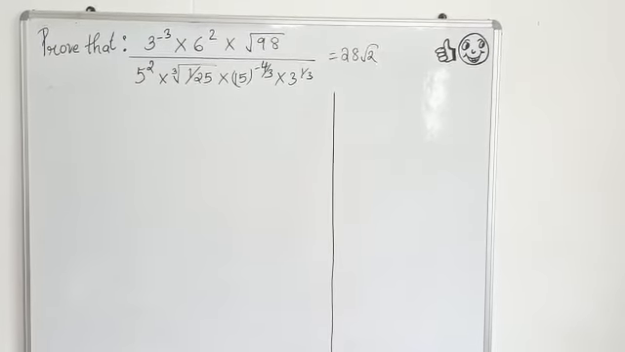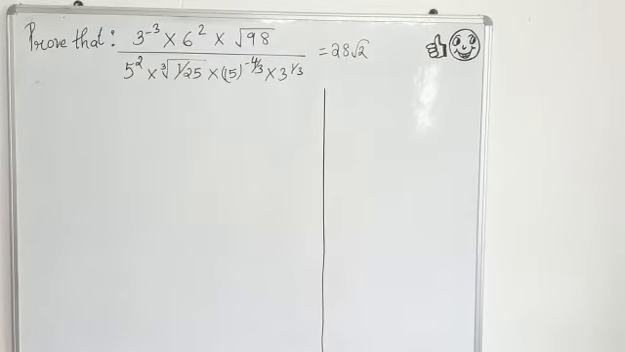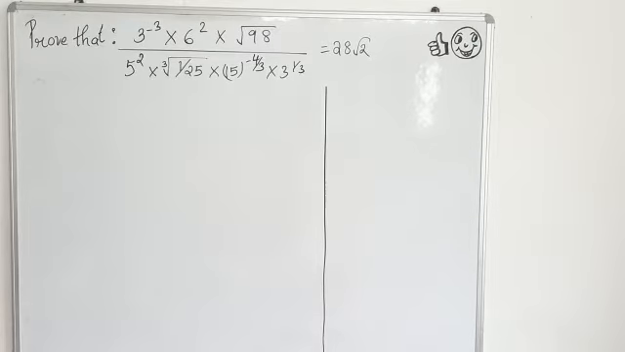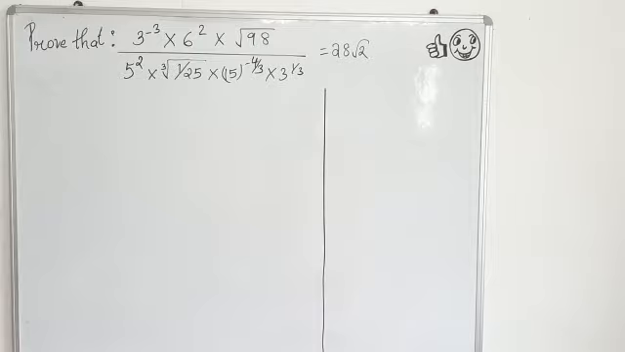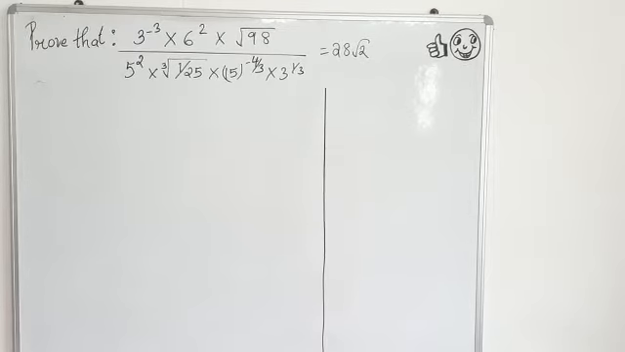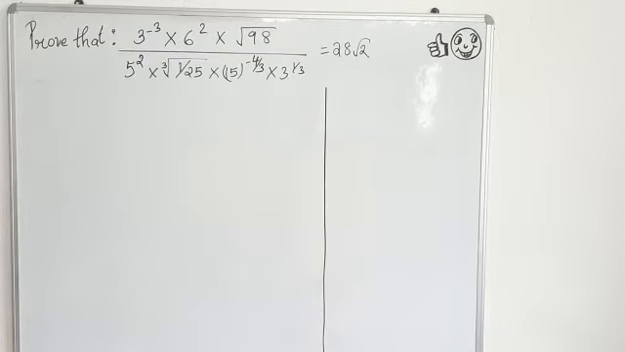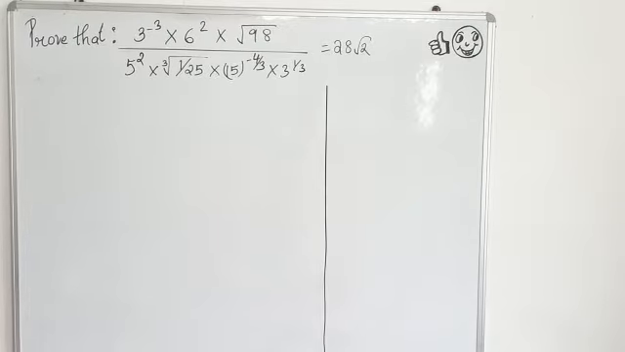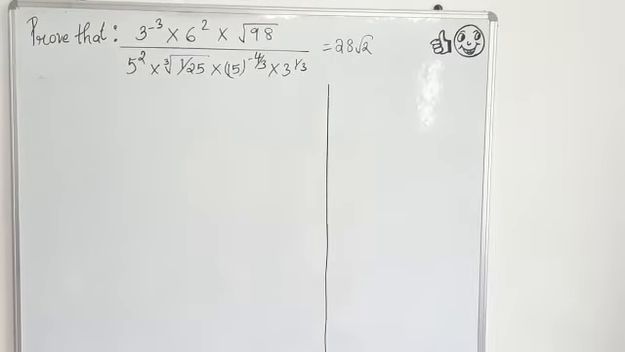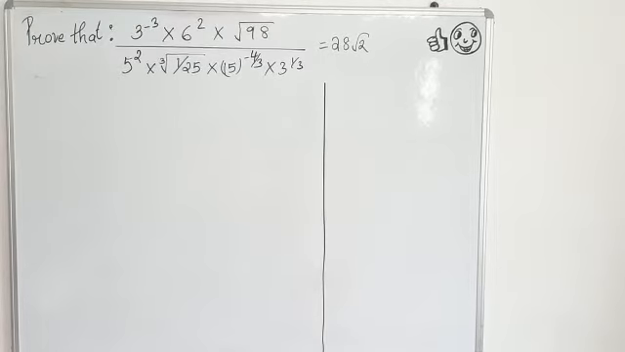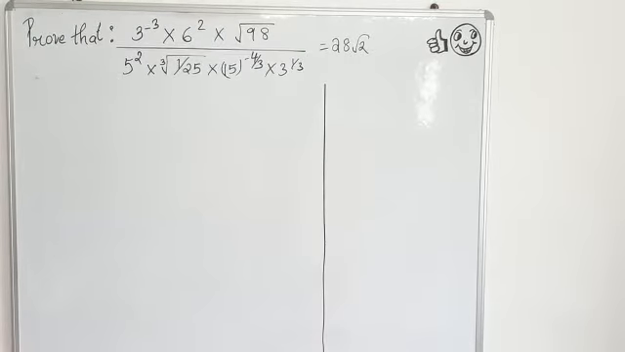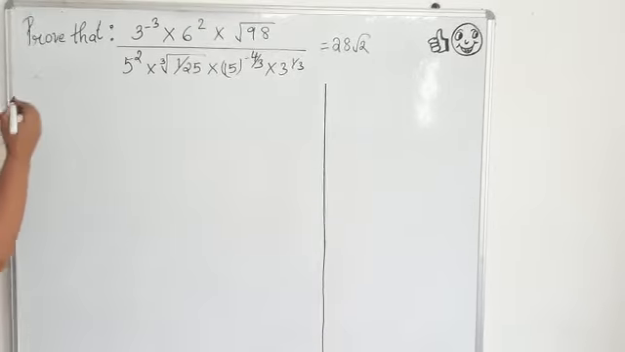Good morning students. So the question is: prove that 3 to the power minus 3 into 6 square into root over 98 divided by 5 square into cube root of 1 by 25 into 15 power minus 4 by 3 into 3 power 1 by 3 equals 28 root 2. So we have to prove LHS equal to RHS. So by taking LHS we will prove the RHS. So LHS is